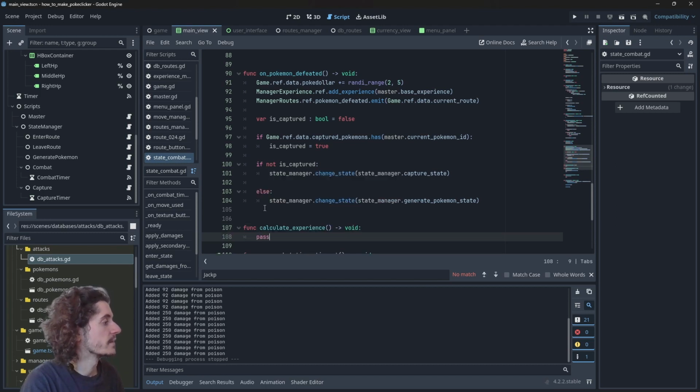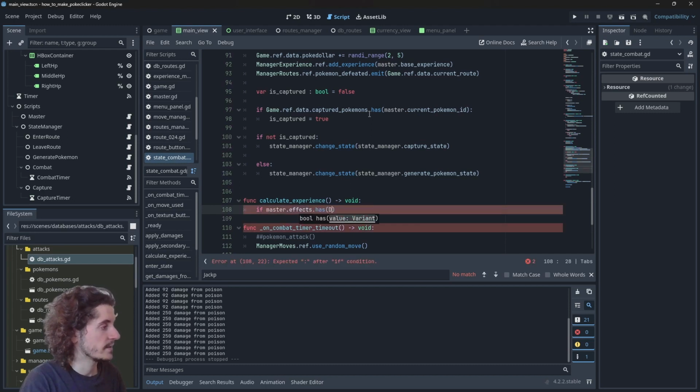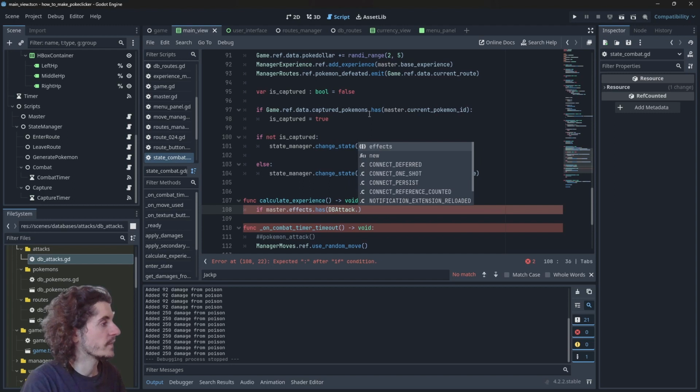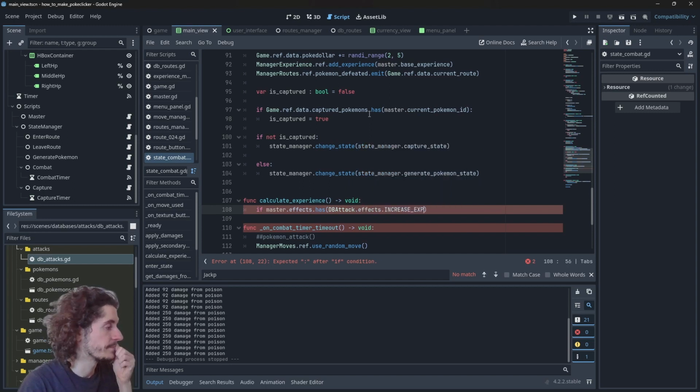Okay. So what do we do? We make a check. So if master.effects dot has db attack dot effects dot increase XP. If master has this,